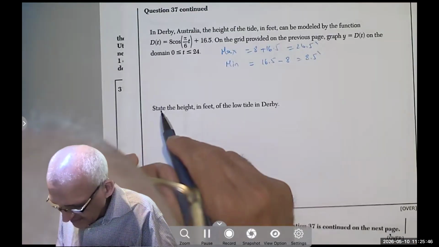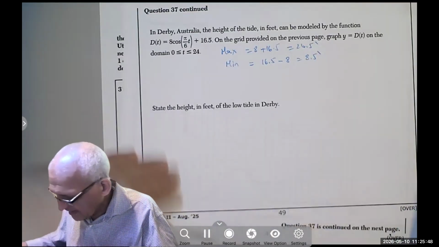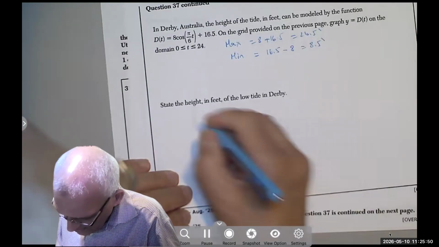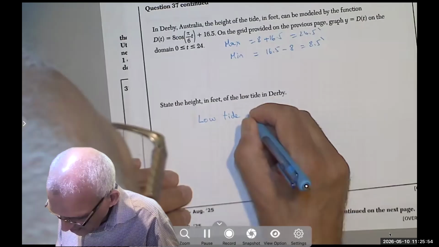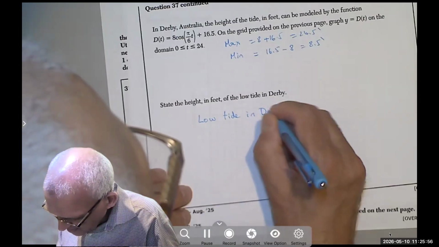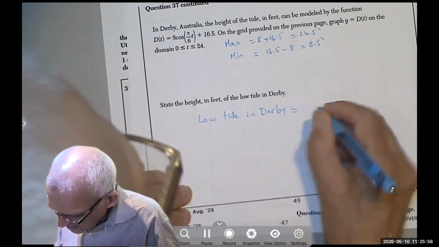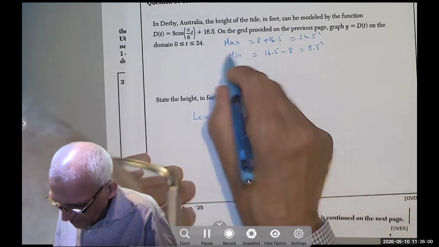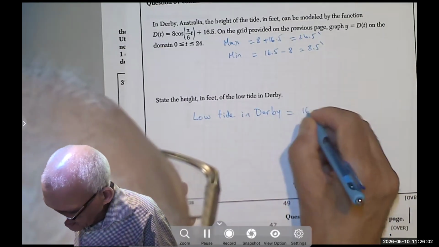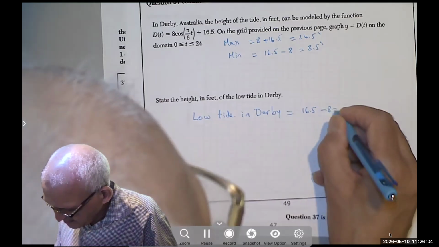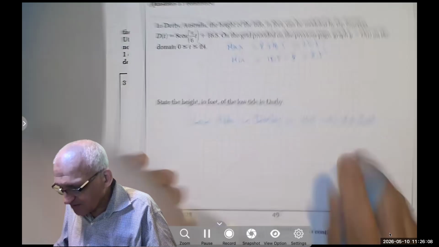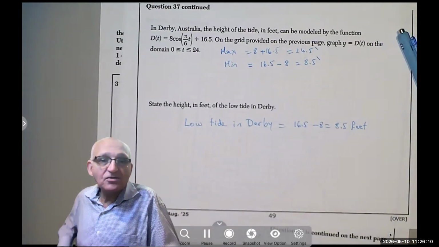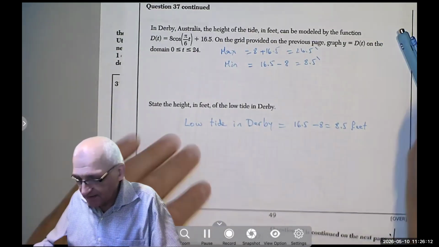And finally, state the height in feet of the low tide in Derby. The low tide in Derby equals the minimum point, we already wrote it here, 16 and a half minus 8 equals 8.5 feet, or just a dash for feet. And that concludes your test,